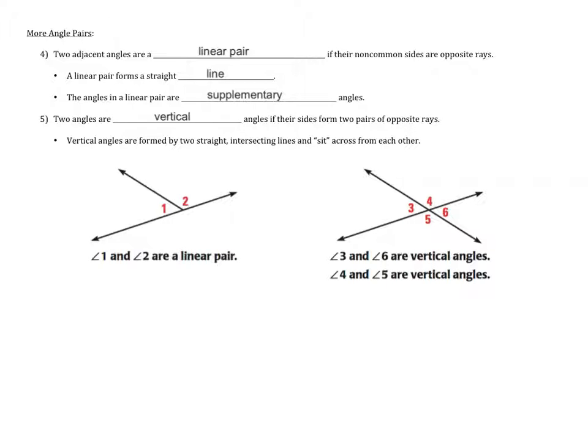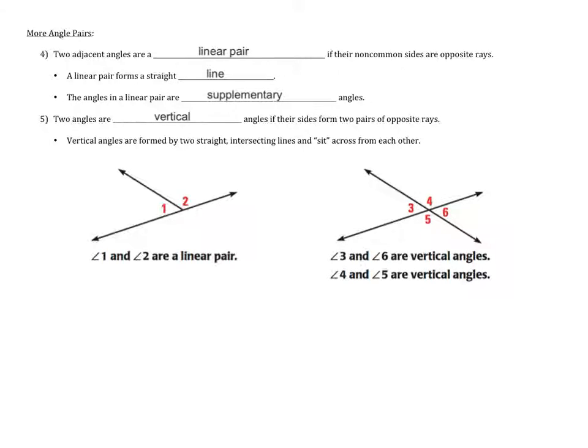The way I think about vertical angles is what I stated here next. Vertical angles are formed by two straight intersecting lines, and they sit across from each other. So if we look down at the diagram that I gave, I have two intersecting lines. Angles 3 and 6 sit across from each other, angles 4 and 5 sit across from each other. So therefore, angle 3 would be a vertical angle with angle 6, and angle 4 would be a vertical angle